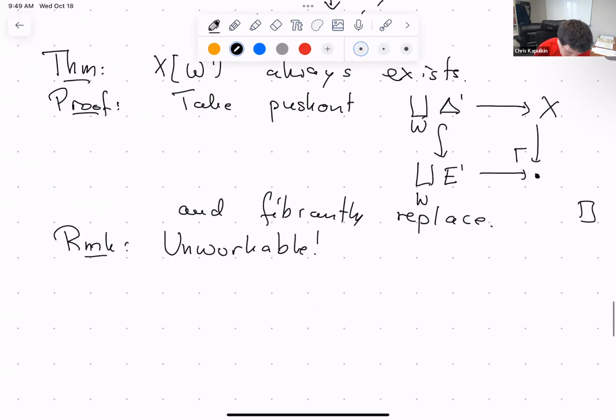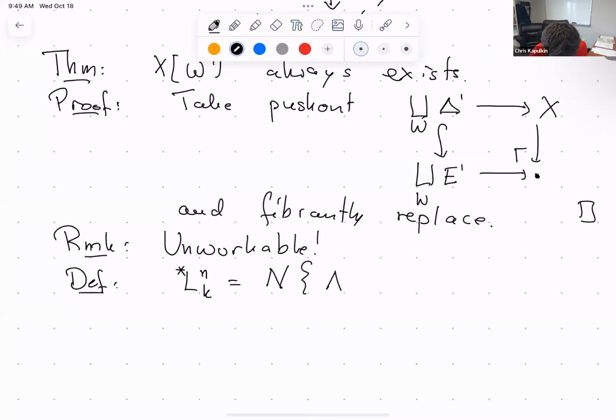So I'm going to define two marked simplicial sets. The first one has a lot of decorations. It's L, but then it has three indices: there's star, there's N, and there's K, which is a lot, I grant you that. It's going to be the nerve of some poset, and the poset in question is the